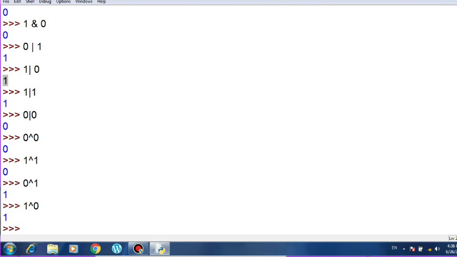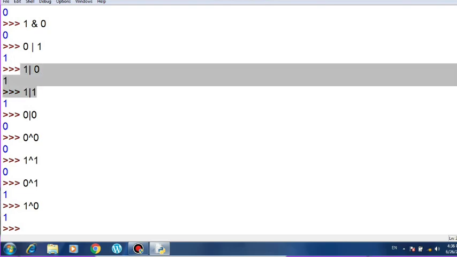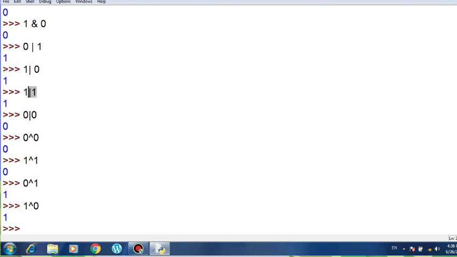But in case of inclusive OR, you can see here that when any of the operands is true, or in case both the operands are true, it will give you the answer true. The only case where it returns false is when both values are false. So this truth value testing table is complicated, but you have to remember it. Once you start practicing, you will be able to analyze the difference between all the operators.